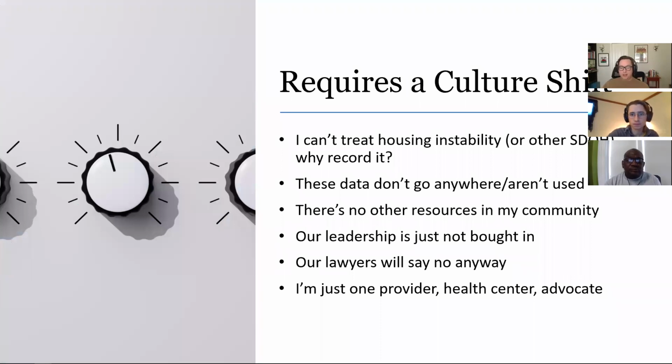So maybe we put out an optimal system of what it looks like when we have trust and when we do data sharing, and getting from here to there requires a cultural shift. Joseph brought up a point during the SDOH portion around Z codes. I've noticed in my work in the healthcare space across the country that Z codes are much more prevalent than they've ever been.